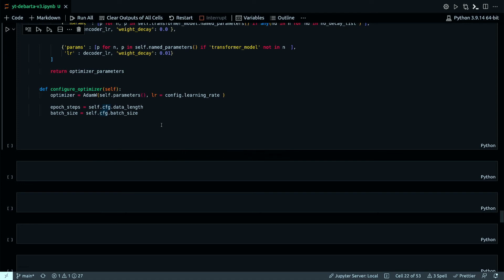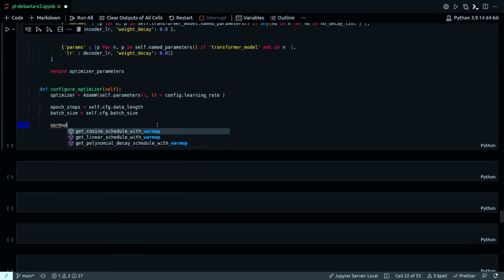And now define a warm-up step. So the idea of warm-up steps is to use some warm-up steps to increase the learning rate gradually up to a certain point, and only then use your normal learning rate decay afterwards.